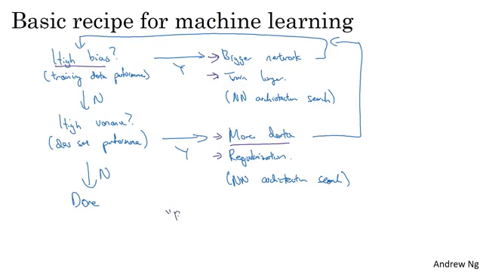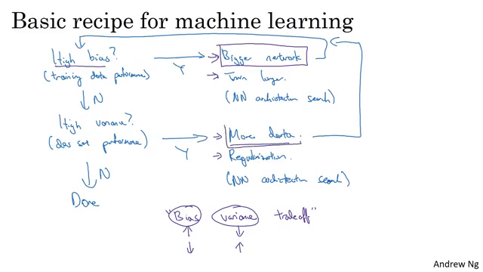Second, in the earlier era of machine learning, there used to be a lot of discussion on what's called the bias-variance trade-off. The reason for that was that for a lot of the things you could try, you could increase bias and reduce variance, or reduce bias and increase variance. But back in the pre-deep learning era, we didn't have as many tools that just reduce bias or that just reduce variance without hurting the other one. But in the modern deep learning big data era, so long as you can keep training a bigger network, and so long as you can keep getting more data, which isn't always the case for either of these,